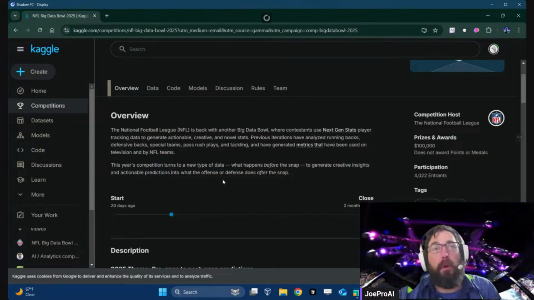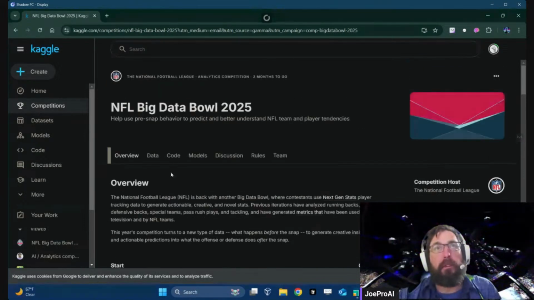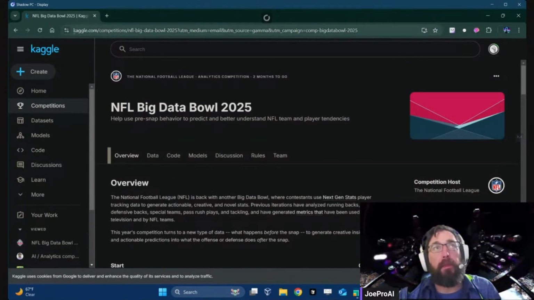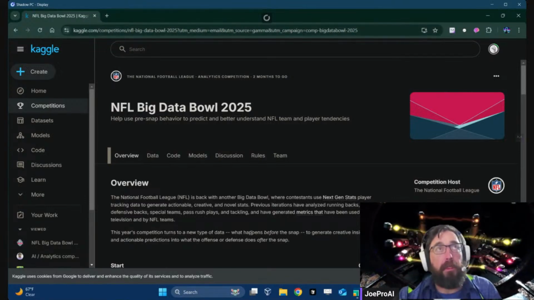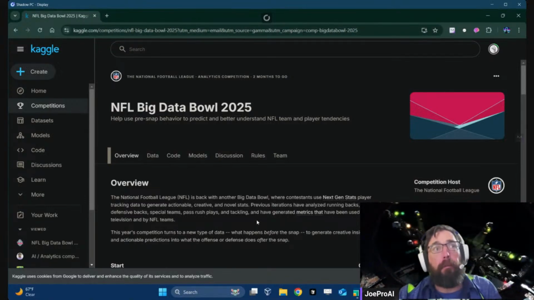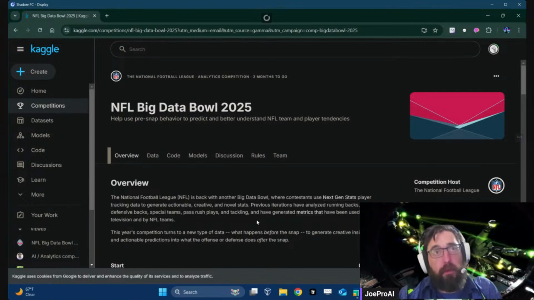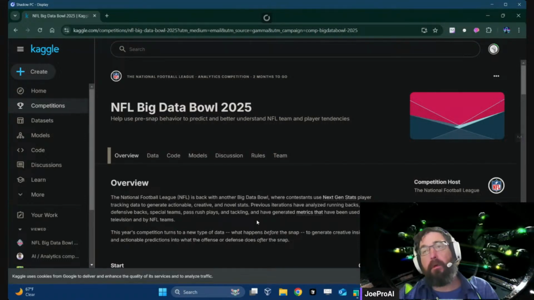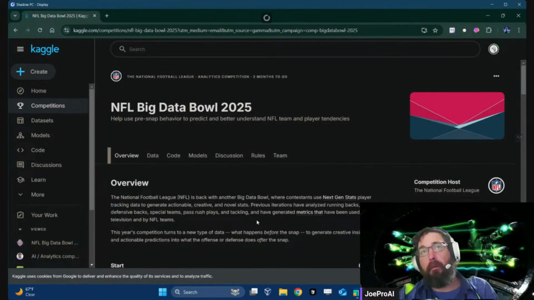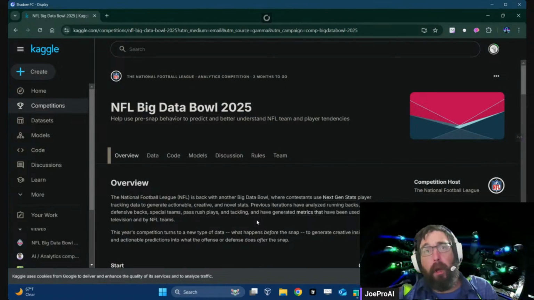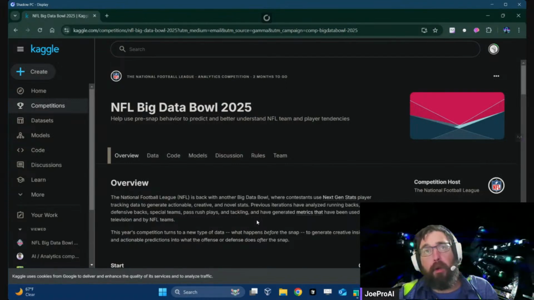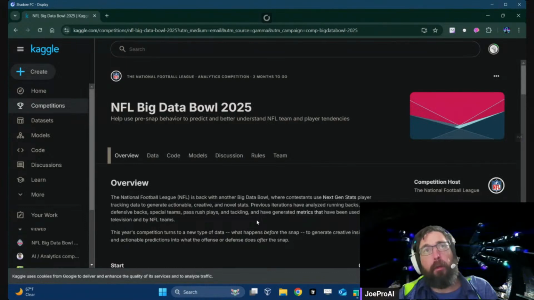So what I've done is I've signed up for a competition here. Anyone that's not familiar, this is Kaggle. I'm new to it, so it's going to be kind of a learn-in-progress type of stream, where I'm going to just go over the processes that I normally do.